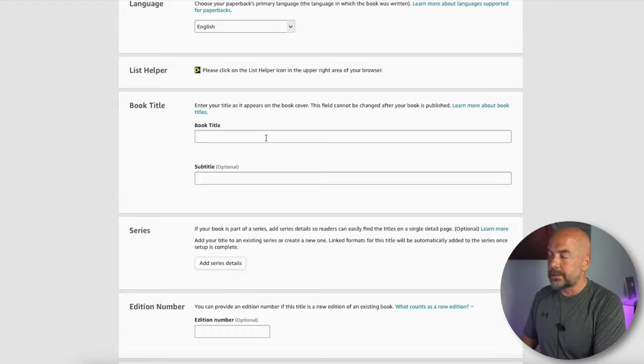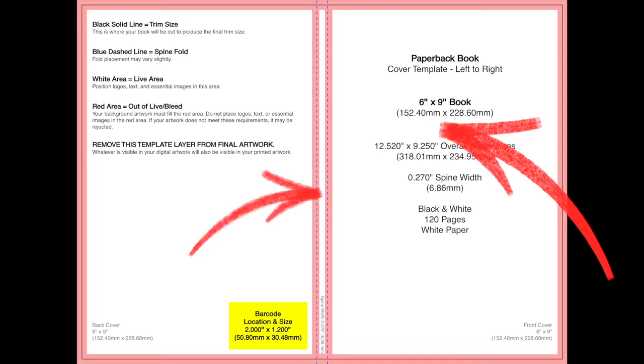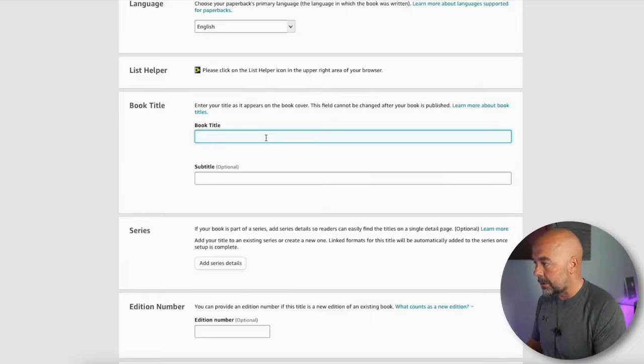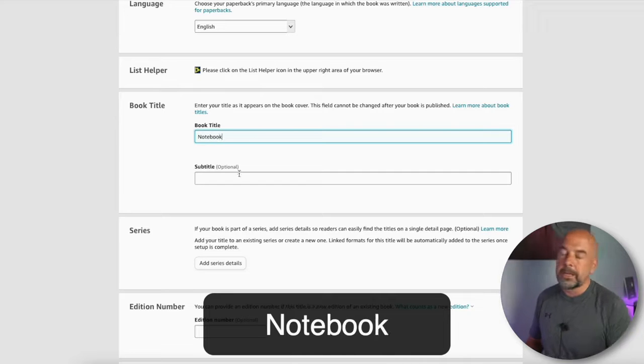So we come to the book title now. Your book title has to appear on the front cover or spine of your book. Now the book I created has notebook written on the front, so that is going to be my book title. Very adventurous, I know. Now the subtitle, I treat this as a kind of mini sales header and mini description